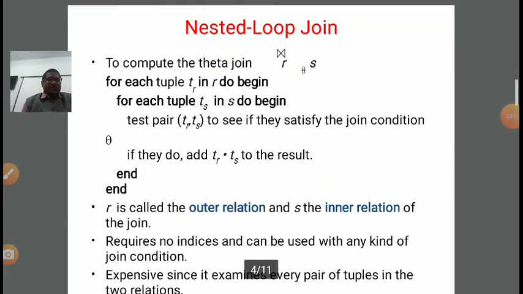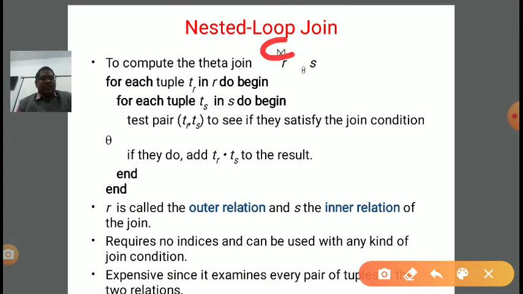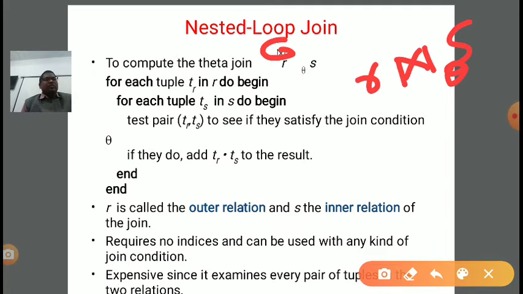First, nested loop join. The symbol is written as R, natural join theta, and then S. It is called a nested loop join. To compute the theta join, the nested loop join is used, also called theta join.